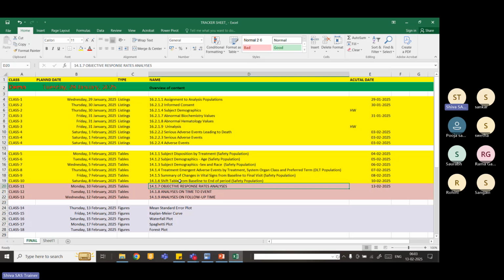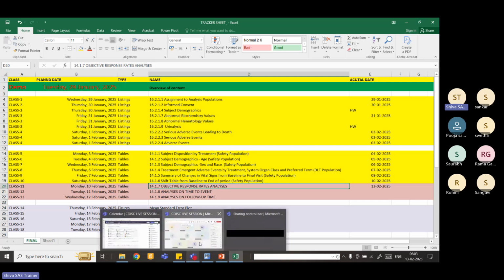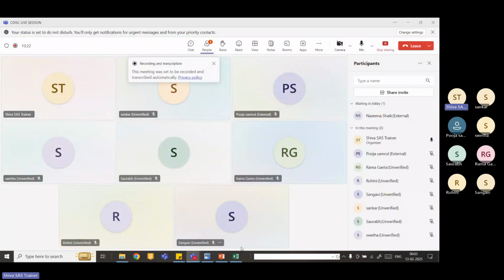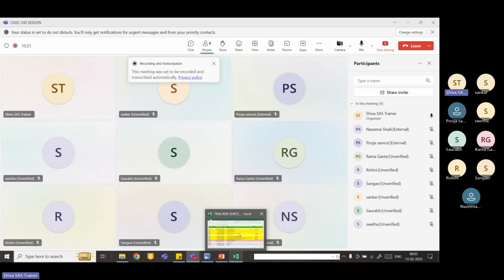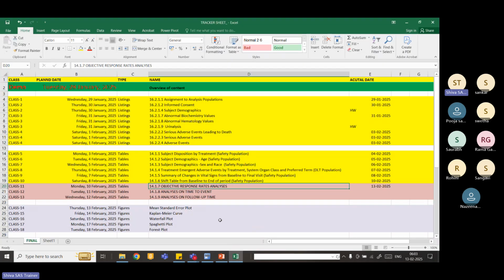Those who have more experience, like 3 plus or 4 plus years, are generally assigned the tough efficacy tables. That is what I am telling you. Otherwise, if you want, you can put it also, no issues, but even if you put it with low experience, they won't trust it, because around 1 plus or 2 plus years, efficacy related table assignments are not given by any company. Okay, so here I am explaining in depth,